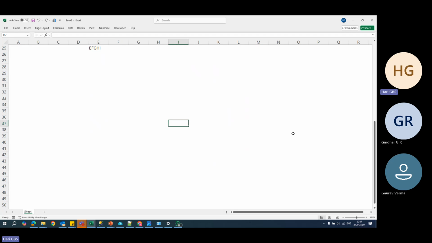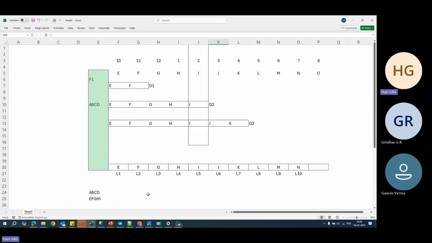Thumb rule: whenever you want to restore a database, first restore the recent full backup. After that, restore the recent differential backup. After the recent differential backup, restore all available log backups. So this is the scenario. Now let me know, what is the first backup I need to restore? F1. Okay, then